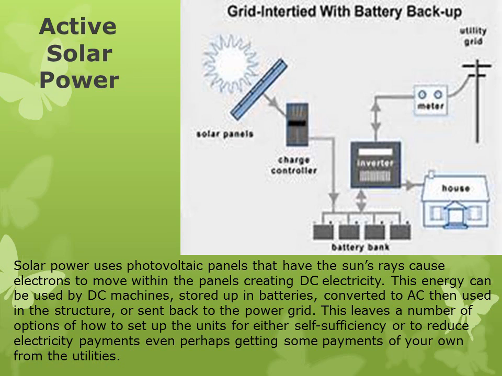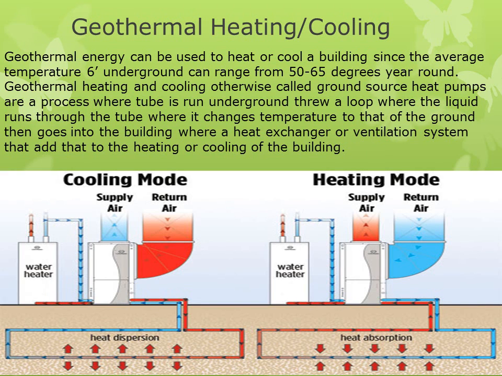is geothermal heating and cooling. You basically run a loop underground below 6 feet, where the constant temperature of the earth is between 50 and 60 degrees. You run either water or a preferred antifreeze solution through this loop that then goes to your water heater or heat exchanger, where, like the solar hot water heaters, it is used to preheat the water before it enters the